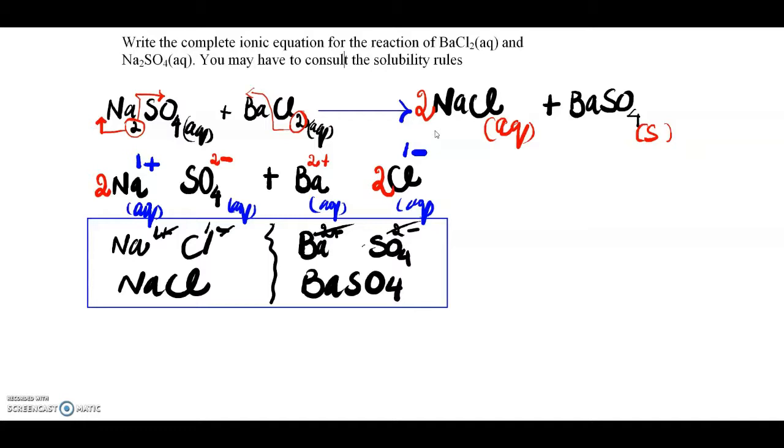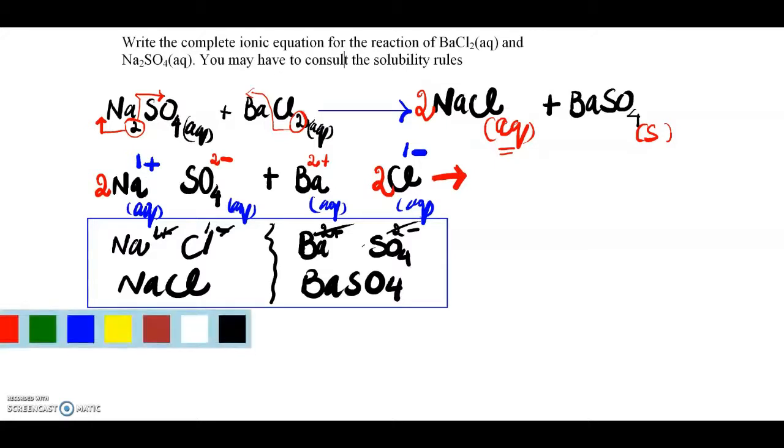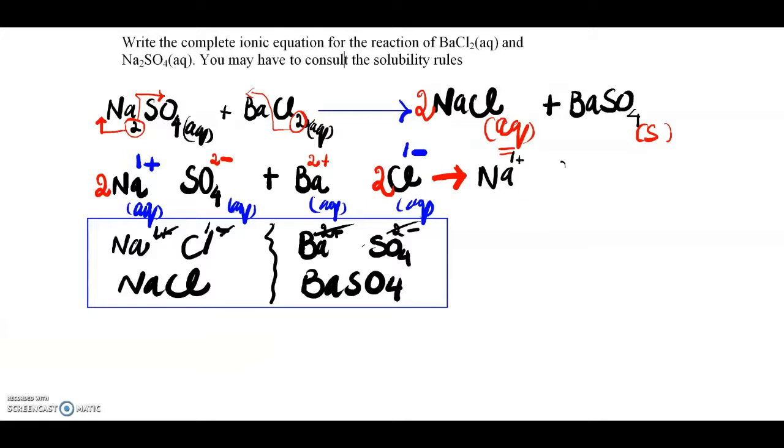Now in the sixth step, you have to write the ions of the product side. You need to split into ions the one which is written aqueous. So you can see the sodium ion carries 1 plus charge, and the chloride ion carries 1 minus charge. It is aqueous. It is aqueous. As you can see, 2 is written with sodium chloride, that indicates 2 is with sodium and 2 is with chloride ion. So you put 2 here.